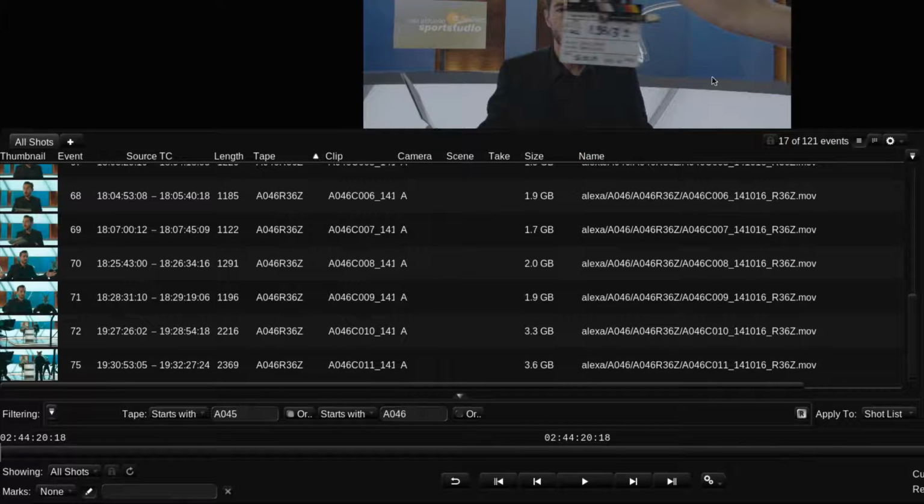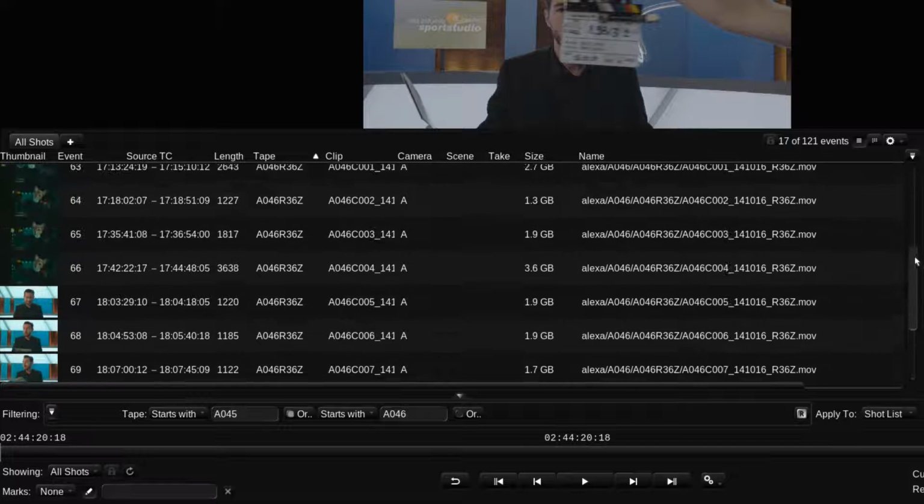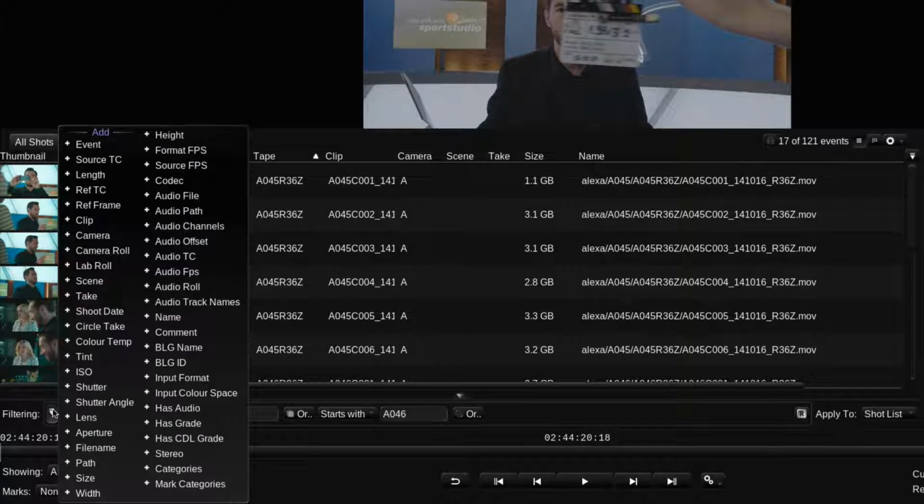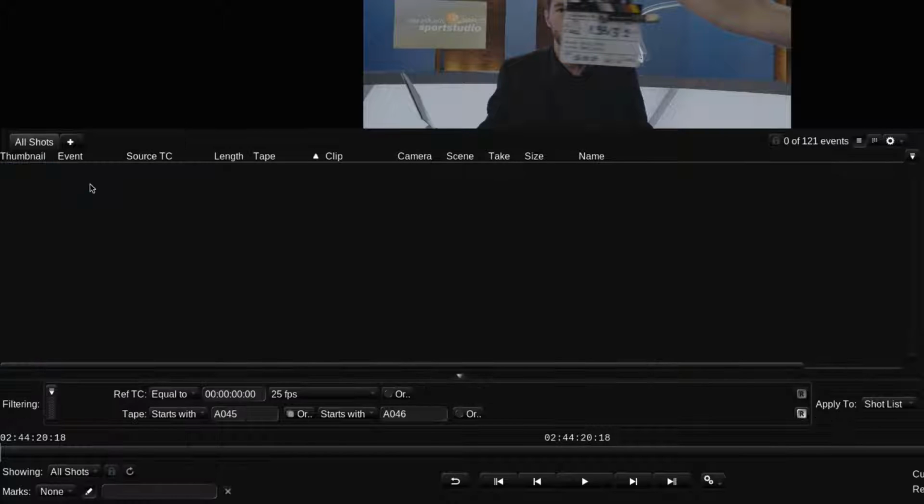Notice that we are still seeing the same picture in the image display. This is because we still have the same shot selected, even though it may not be currently visible in the shots list. If I want to narrow it down even further, for example only show shots which were filmed after 6 o'clock, then I can add another filter item.